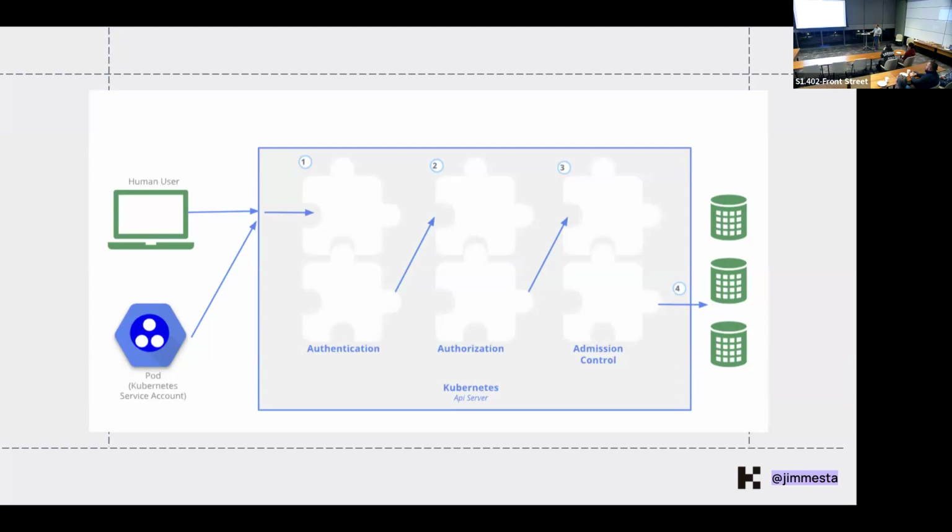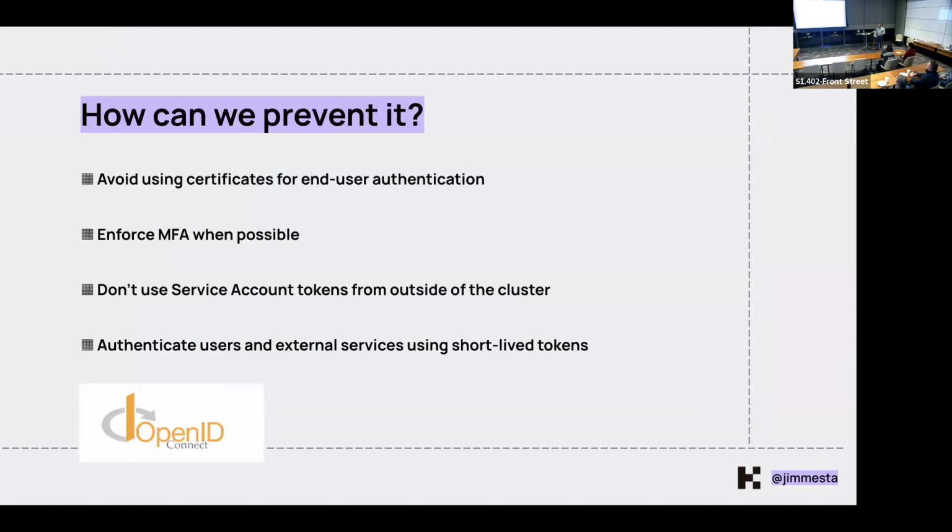So authentication, really it's follow the best practices. Don't do things out of the norm. If you can avoid using long-lived certificates, that's good. If you can enforce MFA through either your identity provider or SSO, do that. Try to keep service accounts inside of the cluster to access the Kubernetes API, not from the outside. And yeah, short-lived tokens are good. There's a push here towards just-in-time access, right? I mean, kind of in that zero trust realm where